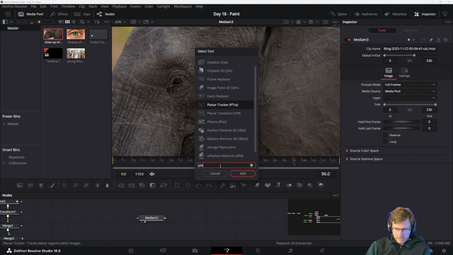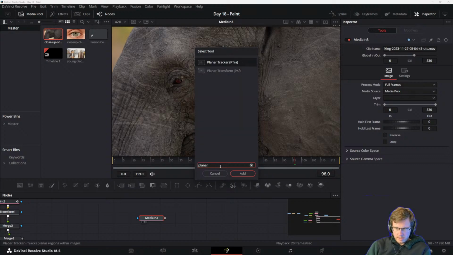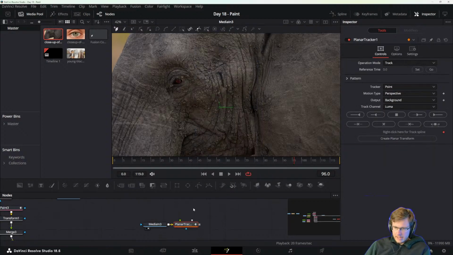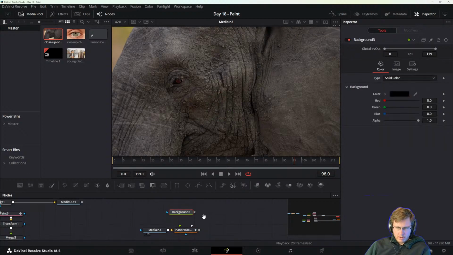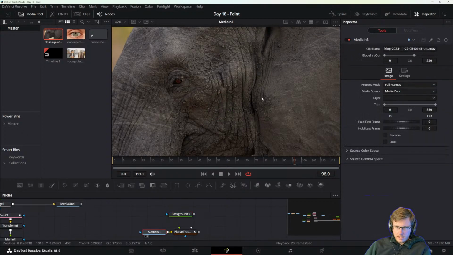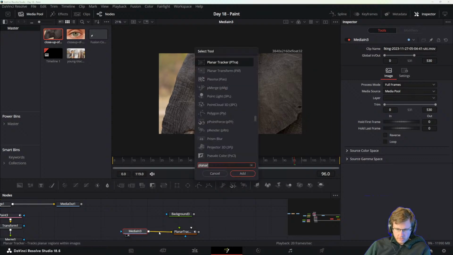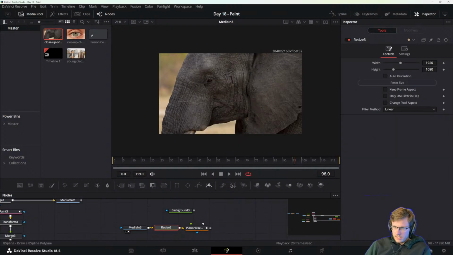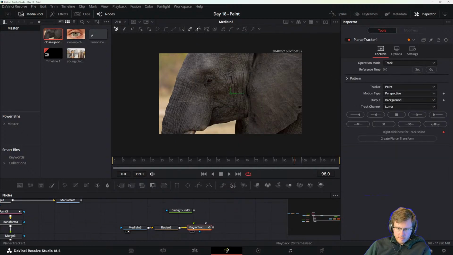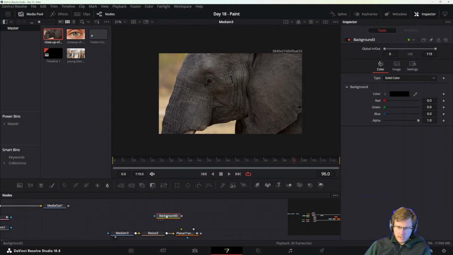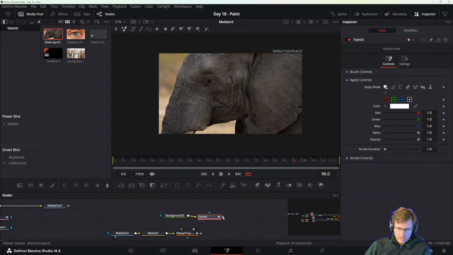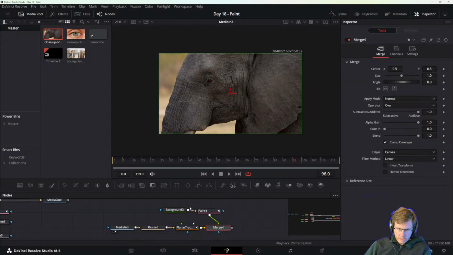The planner tracker here. Planner tracker. Like that. And then we do background node like that. And how big is this footage? It is enormous, like always. 4K. So we're gonna add a resize like that. And then we got our planner tracker, and then we got our background connected with a paint node like that, and then we can merge it. So that's the setup,